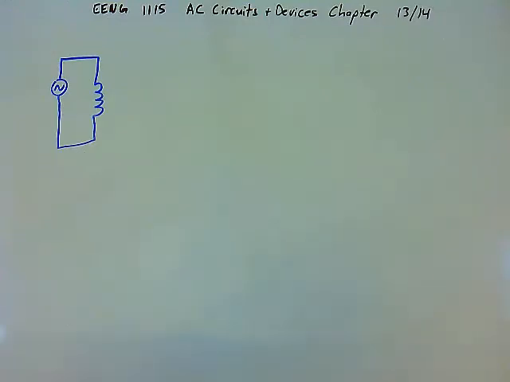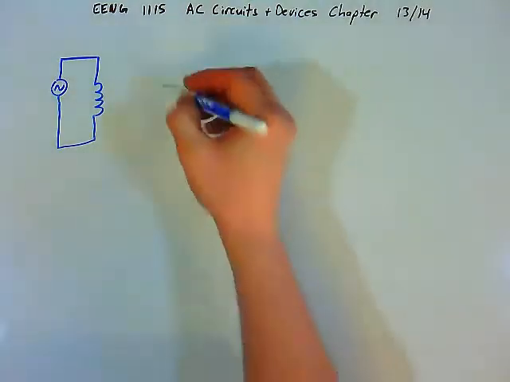Now let's consider what might happen if we have an inductor in an AC circuit. For now, there's only an inductor in the circuit, there are no resistors. And I'm not even really interested yet in what the voltage value or the inductance value is. We just want to look at the characteristics of what happens when that inductor is in an AC circuit. And so first, let's recall